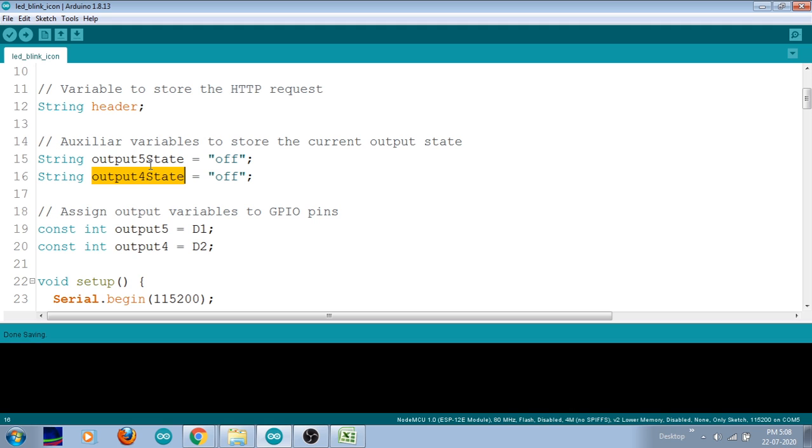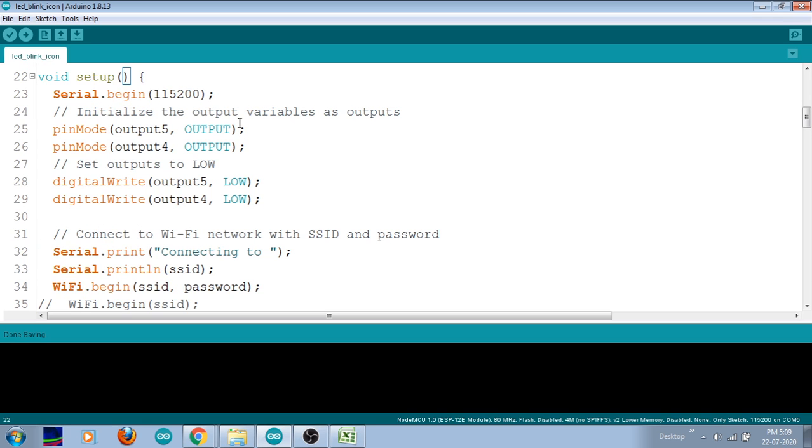Next one is the setup code. Whatever we write inside the setup code will execute only once. Most probably we will define the pins, initialize the pins for your NodeMCU, and then give some connectivity code for the internet connection. Here we will start. Serial.begin sets the baud rate in order to understand what is happening inside this program. If you want to see it in the serial monitor, you have to use a specific baud rate. The suggested baud rate is 115200, so you have to use it here.